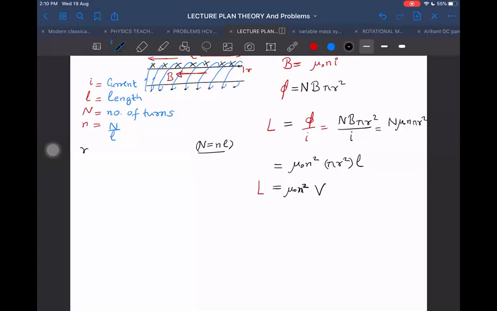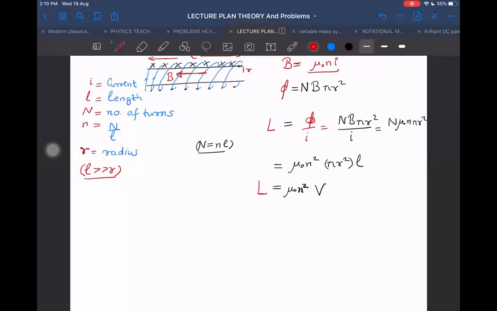For the cases where the radius is very small as compared to L. Where did we use this relation in our derivation? Did we use it here? You may be thinking we never use it. We are just studying and we are not using L greater than R. The mu naught n I formula for B is valid only when